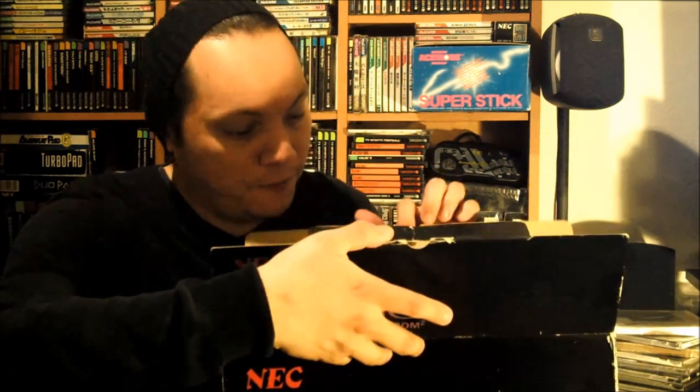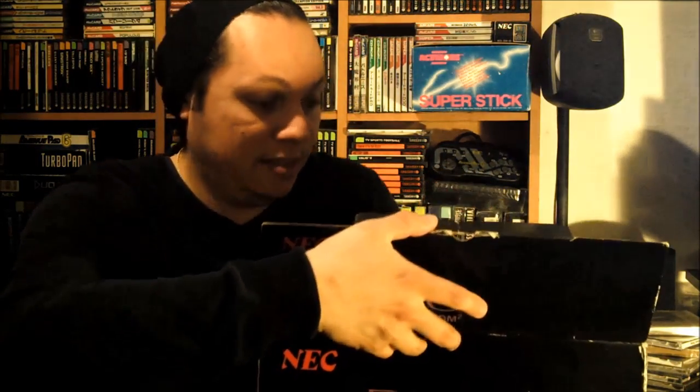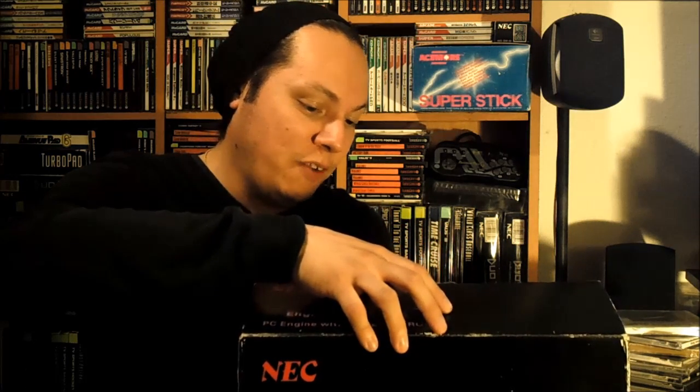Everything's still in baggies. There's a manual inside. The box that holds all the items is still in here. It's like new. It's really crazy. I haven't had a chance to test it yet to see if it works or not, because